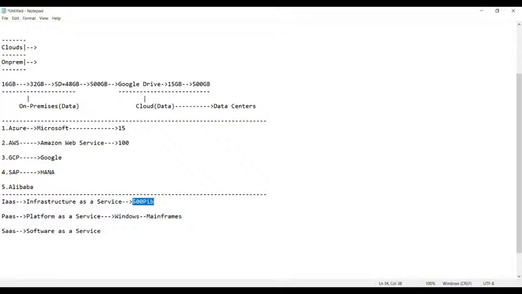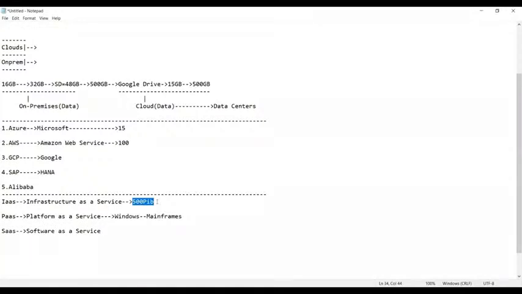You will ask your cloud provider called Azure to provide this much storage on the cloud. So it is the responsibility of the cloud provider to provide it for you. You need not worry. That's it. So now, guys, you need not worry about the license. You need not worry about the storage. Everything will be taken care of by them. Simply what we need to do, we require a laptop and connectivity to the internet. That's it. We can start working on it.